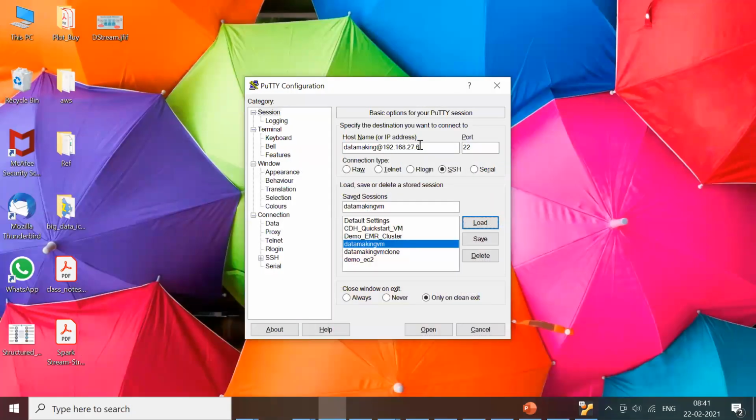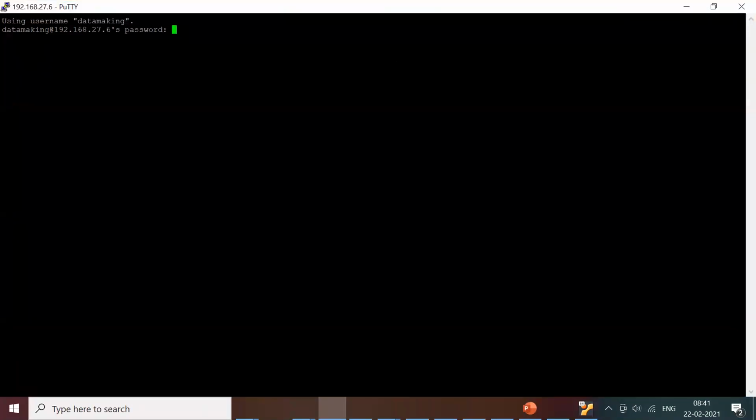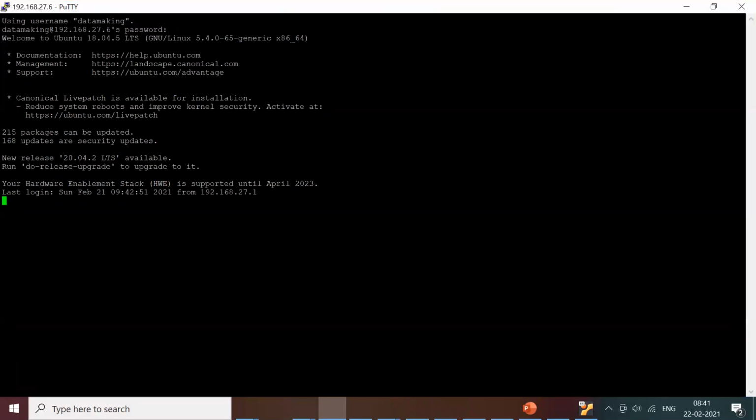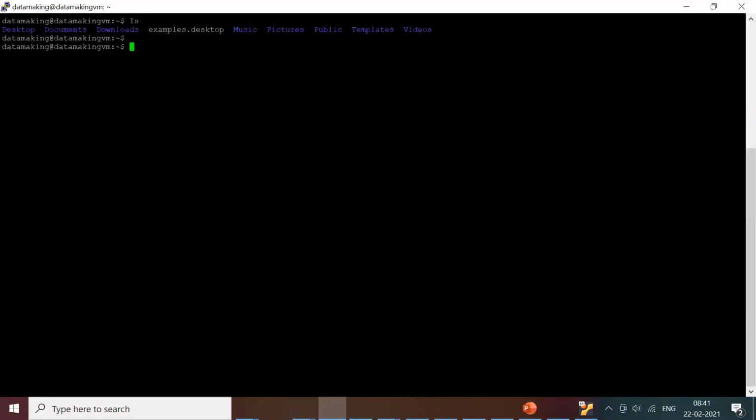This is my IP address and my username is data making, which is what we set up yesterday. I'll just open this. Okay, I logged into my virtual machine. It's a Linux machine of the Ubuntu flavor, basically the Ubuntu desktop operating system installed on this VM.